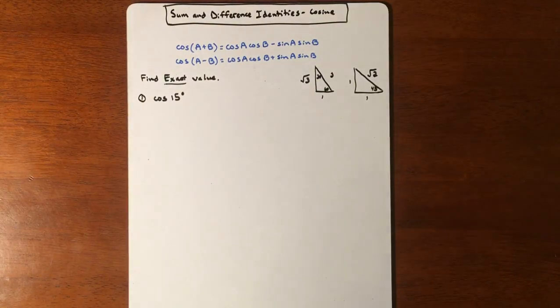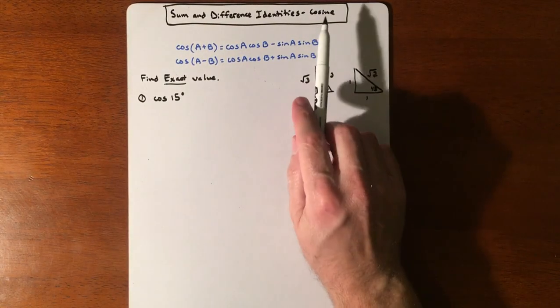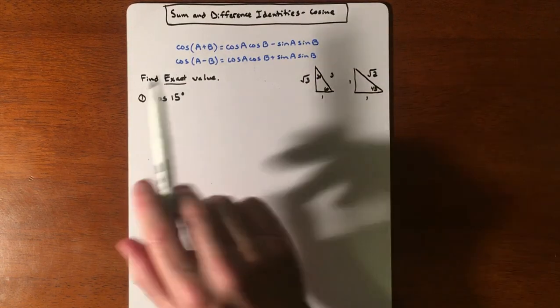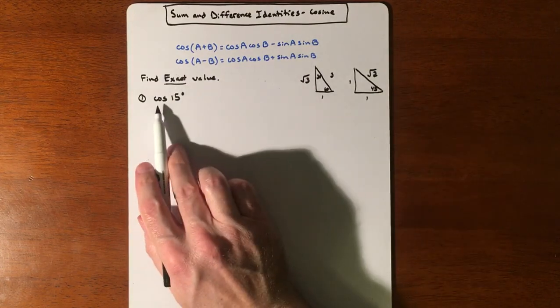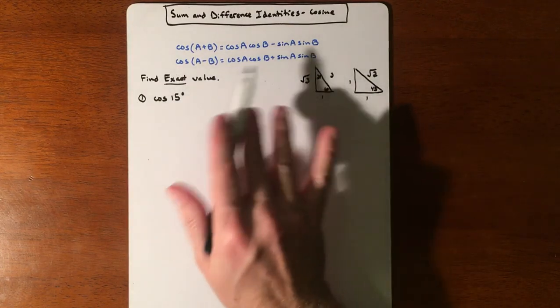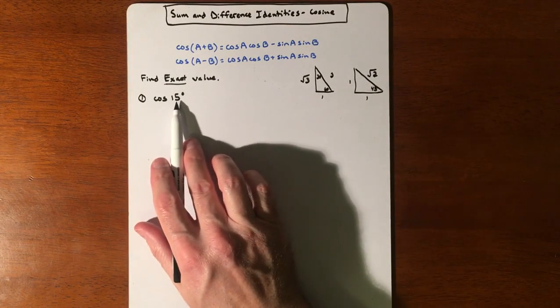In this lesson, we're going to be talking about sum and difference identities. We're just going to focus on cosine right now. And so here are our formulas. The idea of this is you're going to be talking about sines, cosines, tangents eventually of angles that we normally